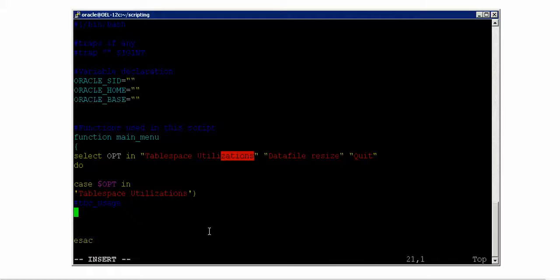I'm just saying echo, you have chosen to view table space utilizations.